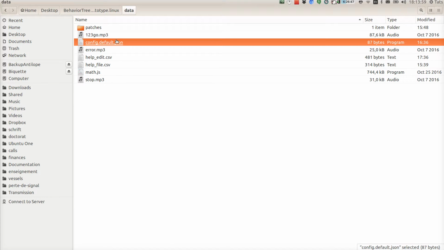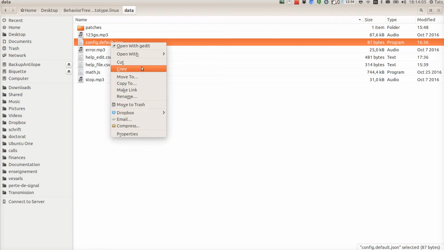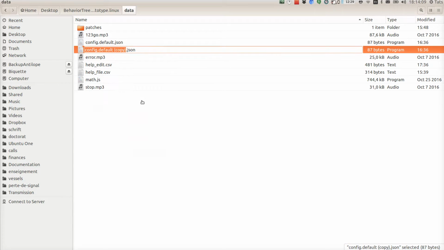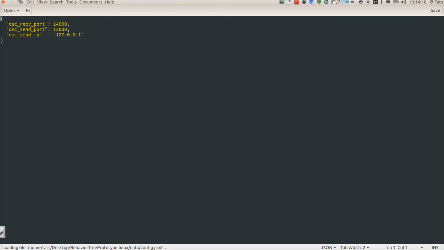I think by default you're probably going to find something like config.default.json. This is sort of just a template to get started. You can, for example, either copy and paste this file or just rename it. What you need to do is have a file called config.json, not config.default.json, config.json. If you open it, you have these